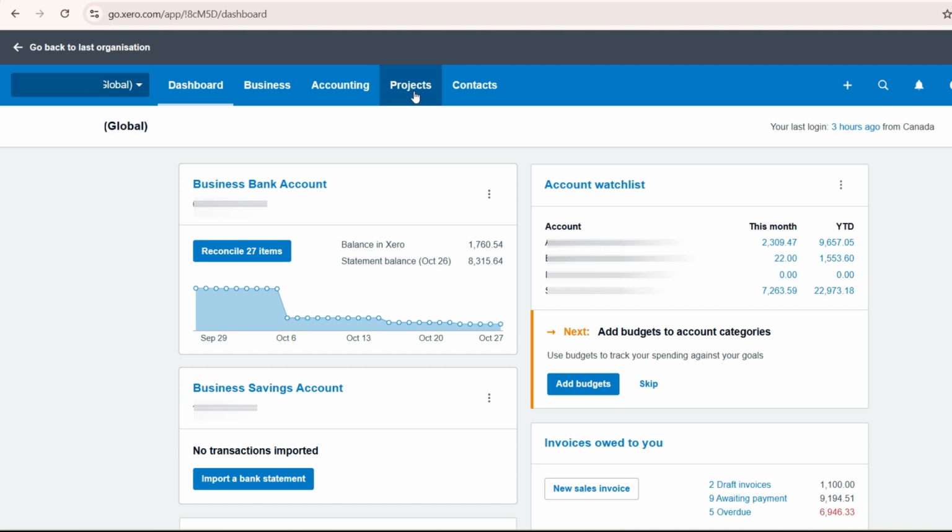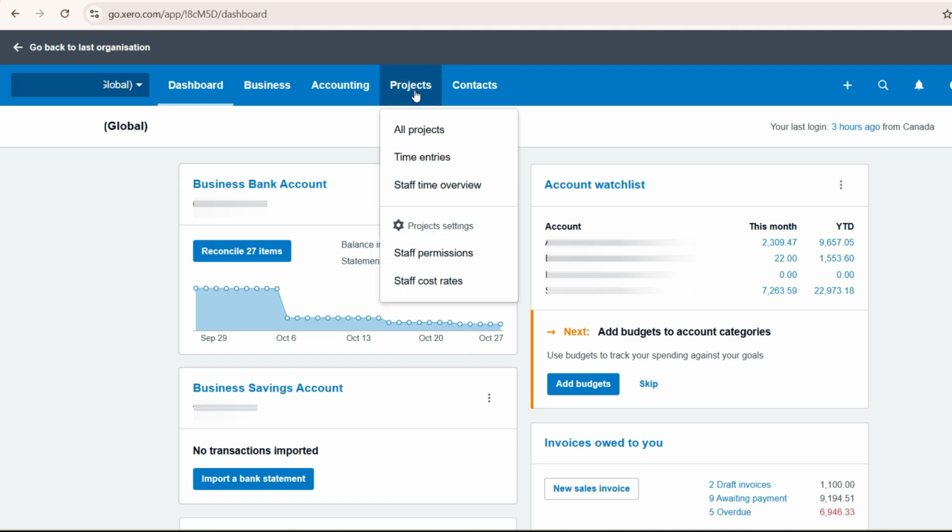Project tab, this lets users manage project-based work by tracking time, cost, and profitability, and it's particularly valuable for service-based businesses that charge by the hour or by deliverables. So as an advanced user, you can optimize the project tab to estimate project profitability by forecasting expenses and comparing them to the income payments. You can also leverage time tracking features and cost allocation tools to accurately bill clients and manage